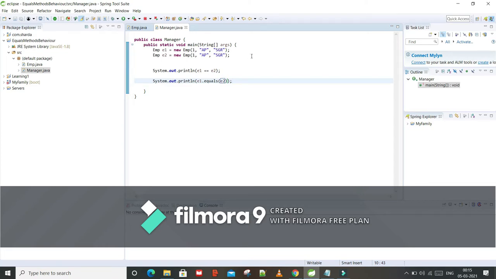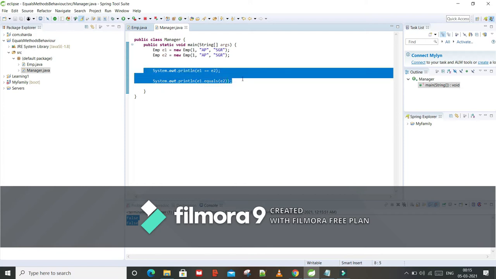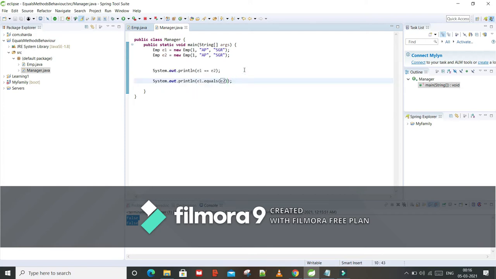Let me try to run. We are getting false. Why are we getting false? Now we need to understand why. So let me print e1 and e2, what e1 is giving and what e2 is giving.